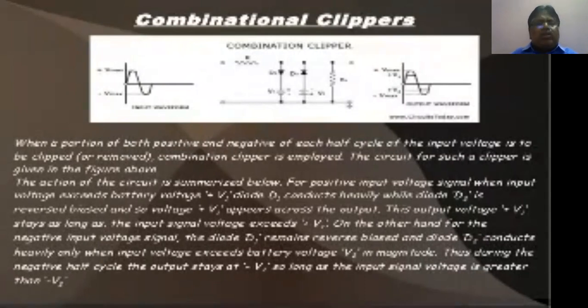When a portion of both the positive and negative half cycles of the input voltage is to be clipped or removed, a combination clipper is employed. The circuit for such a clipper is given in the figure above. The action of the circuit is summarized below. For a positive input voltage,